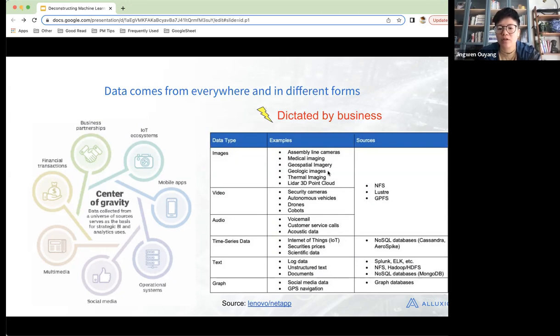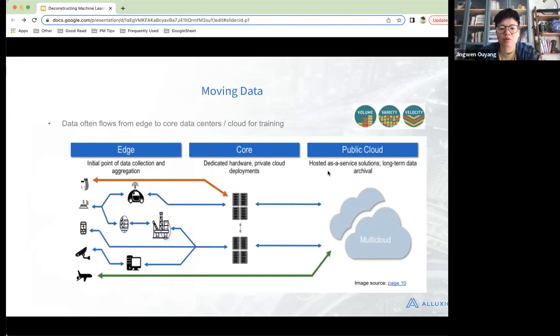So we can only just get the data and try to go from there. And then once we get the data, usually the data comes from an edge device, all those sensors we talk about. And then usually data flows from the edge to the core, and then finally to the cloud these days. And then data has volume, which means there's a lot of data. It has variety, there's different types, and it has velocity, which is there's always a need for speed so that we can get the insight faster.